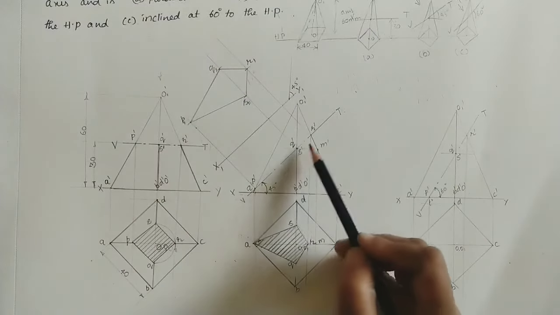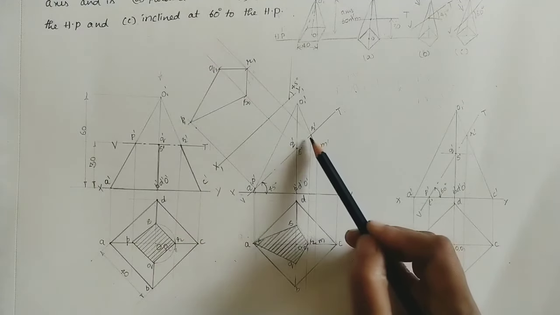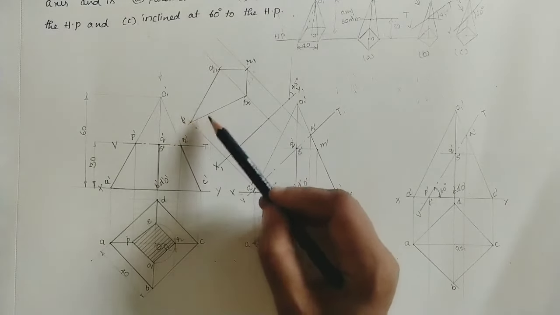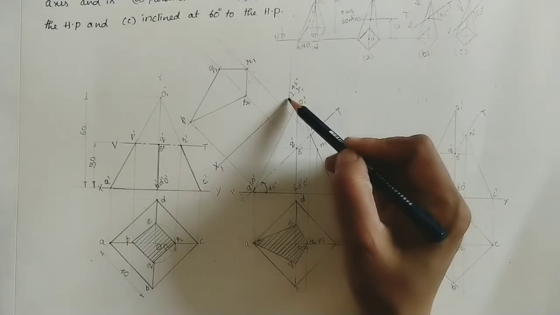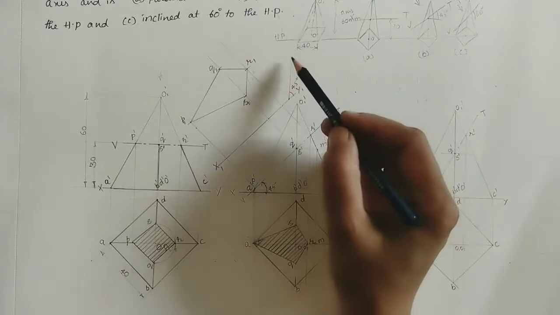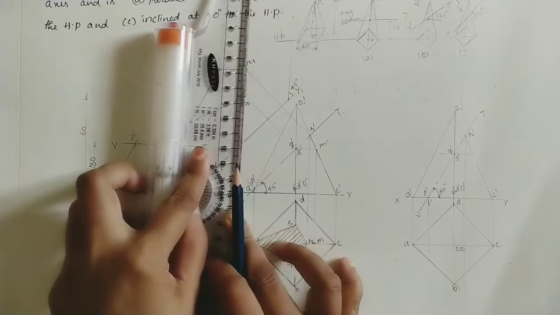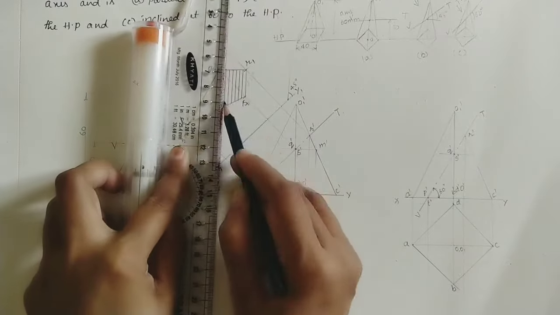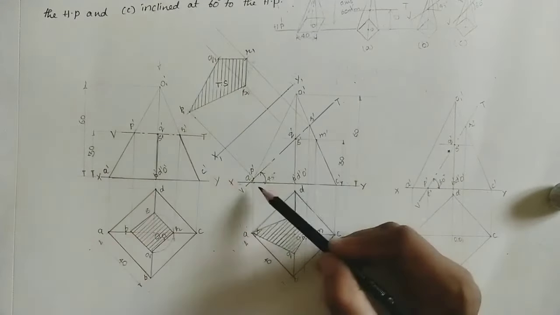So this part we are removing. If you see in this direction, whatever remaining part is there, that part is looking like this. This is the cutting area, so hashed area. We have to do the 45 degrees lines. For taking the 45 degrees line, on this reference line, take any one of the point, take 45 degrees by using protractor. Within this area, do the parallel lines. Take this as the reference line and move the scale for getting the parallel lines at equal distance. Here this section is true shape of this section.